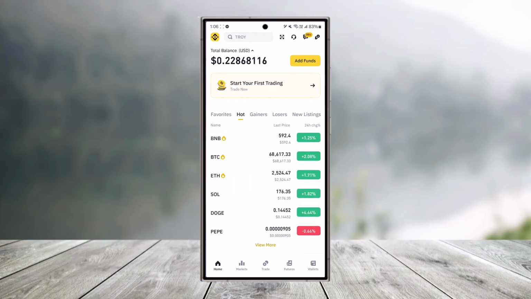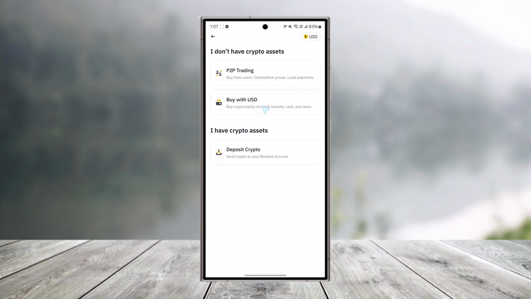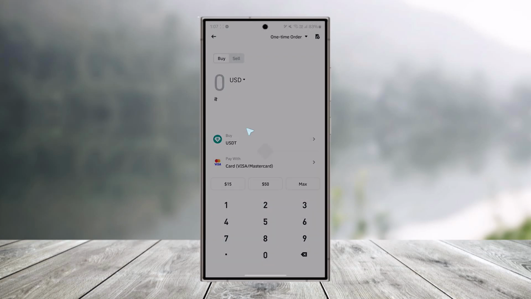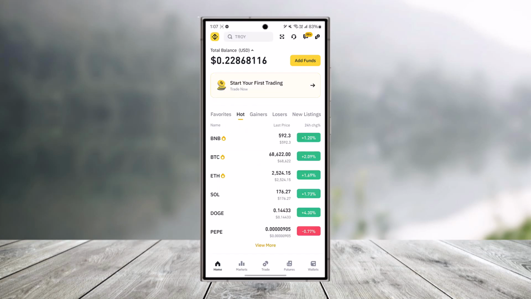All you have to do is launch the Binance application, and once you launch the Binance app, there are many ways to add money. So first, you can just directly choose to buy crypto with your USD or funds by just going to this add funds from the home page, selecting buy with USD and entering a payment method to buy cryptocurrency. Or if you only want to deposit fiat currency to your Binance account, then you can also come